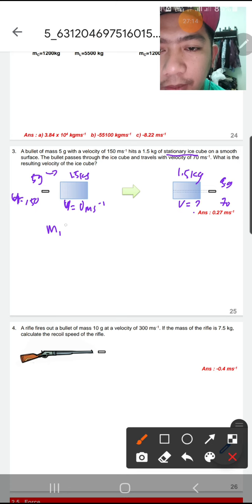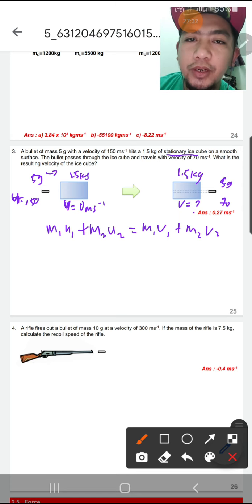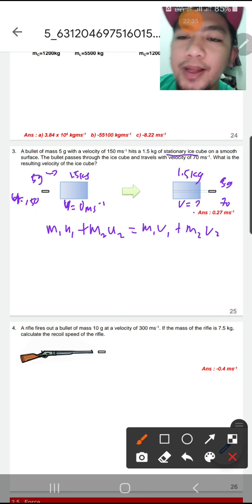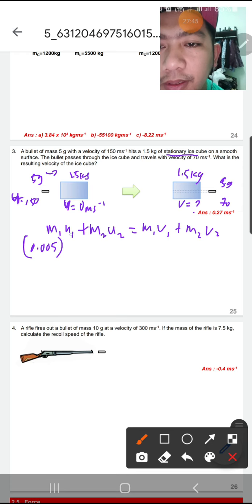So you need to calculate m1 u1 plus m2 u2 is equal to m1 v1 plus m2 v2. So just substitute the value. Make sure 5 gram you change to SI unit. The SI unit for gram is kilogram. So 5 gram, when you change to kilogram, is 0.005 kilogram times the initial velocity, which is 150, plus m2,